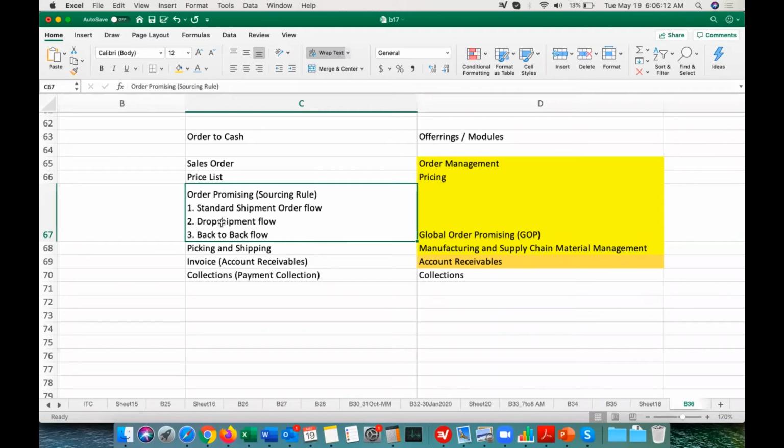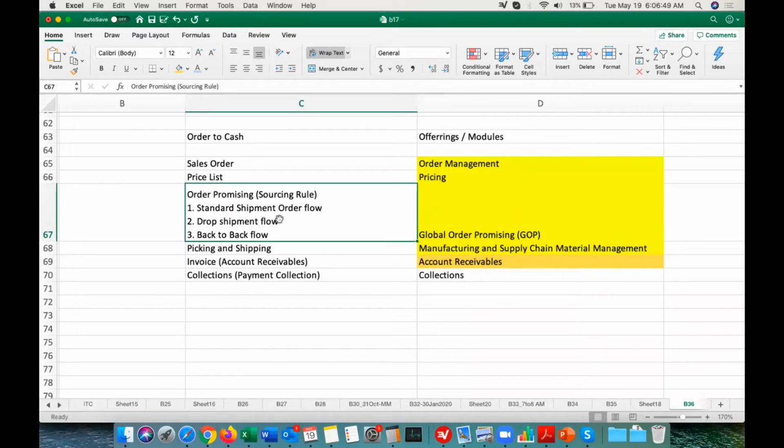In the drop shipment flow, we will just get the order, but we will not maintain the on hand of that material. We know that this material is supplied by so and so supplier. So we will create a purchase order specific to that particular sales order. We will create a purchase requisition and purchase order. And then the supplier will ship the goods directly to the customer. And then we will be paying the supplier, and then we will be receiving the amount from our customer, but the complete fulfillment will be taken care of by the supplier itself. Very similar to what Amazon and Flipkart are doing now.